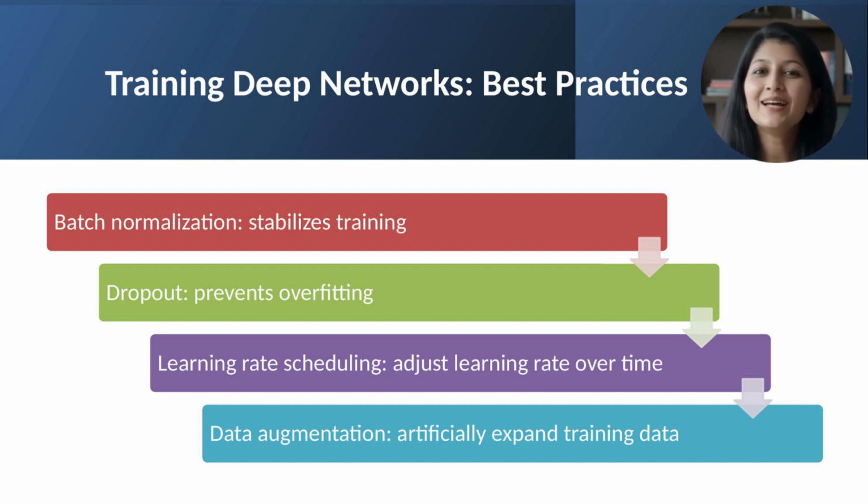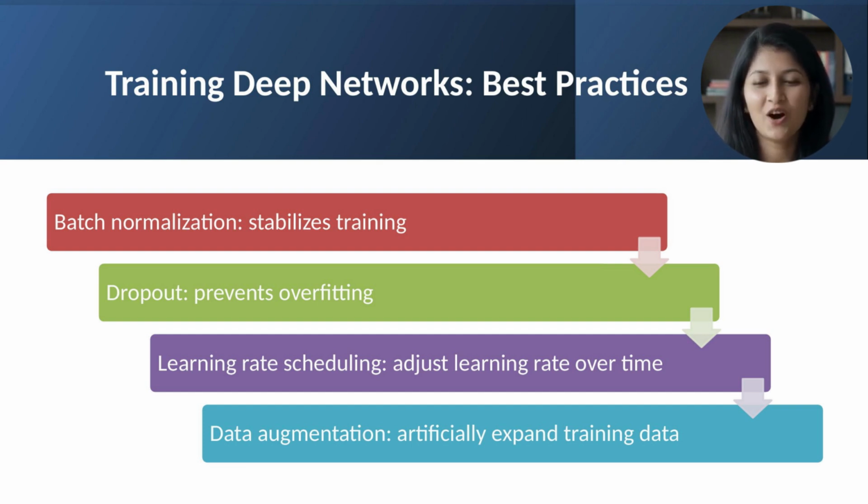Learning rate scheduling adjusts the learning rate during training. Start with a relatively high learning rate for fast progress. As training progresses and you approach a minimum, reduce the learning rate for fine-tuning. Common schedules include step decay, reduced by a factor every n epochs, exponential decay, or cyclic schedules. The right schedule can significantly improve final performance.